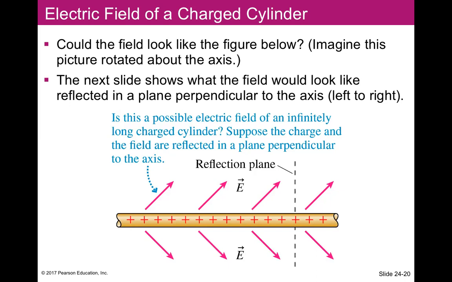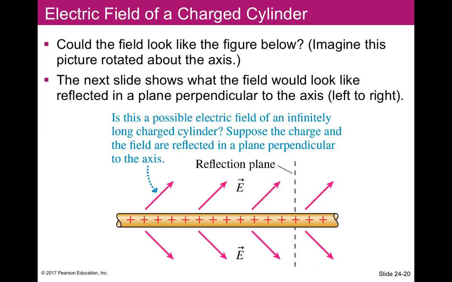For example, if you make a reflection plane, or if you make a cut at the position of the dashed line, as we talked before, when you make a cut, the left part and the right part should be symmetric. However, if the field lines are distributed at an angle with your cylinder, then when you make a cut,